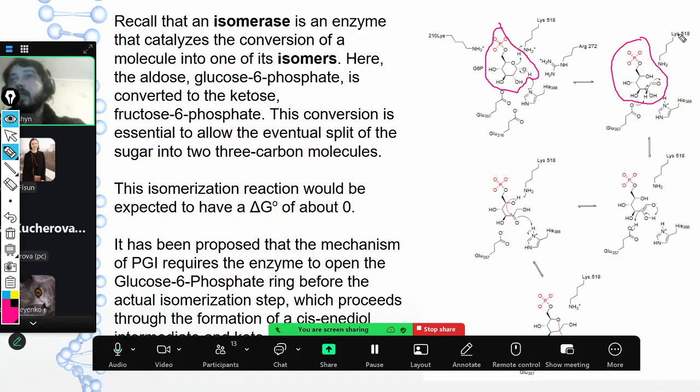Now we have the second step. When these electrons from this hydrogen atom move here, because we are abstracting the hydrogen atom with the help of the glutamate, so here you see O minus from the glutamate, it's abstracting this hydrogen atom, and electrons that were keeping this hydrogen atom move here, creating a double bond, and electrons from this carbon atom that were attached to oxygen, so one of the bonds is broken, and electrons are transferred to the oxygen, giving it a negative charge. So you see that in this part. So here you have negative oxygen